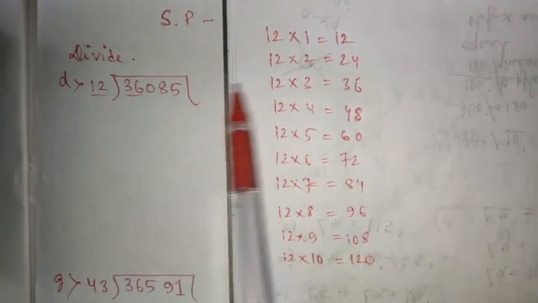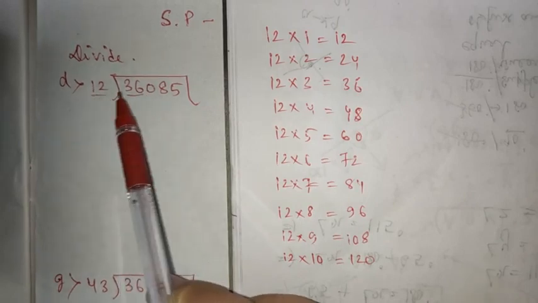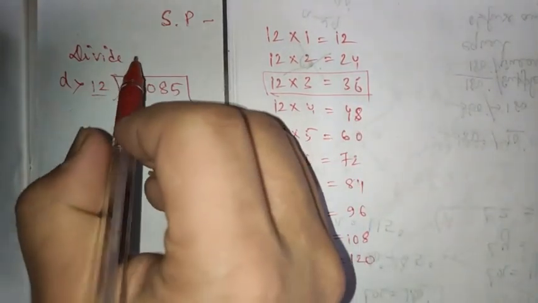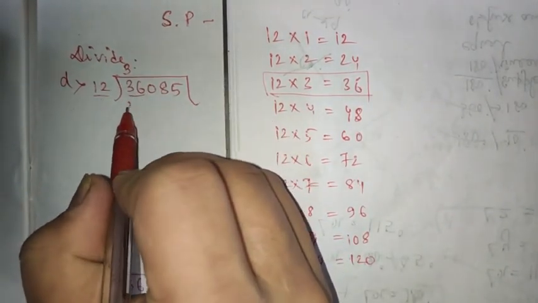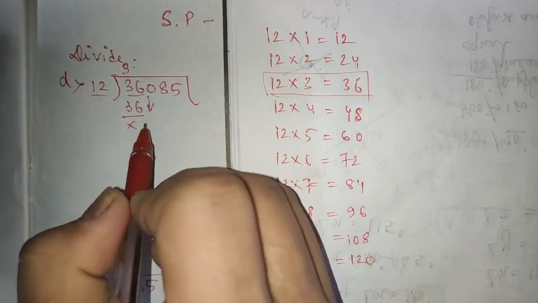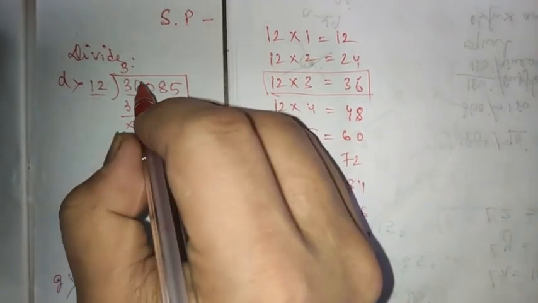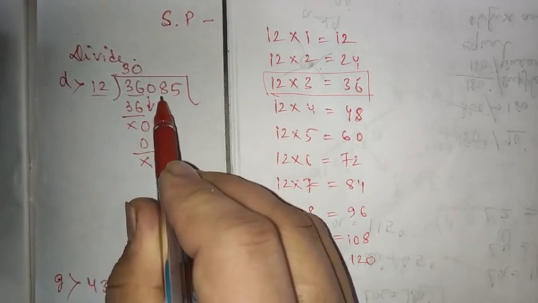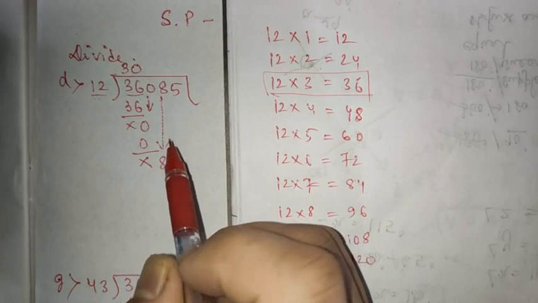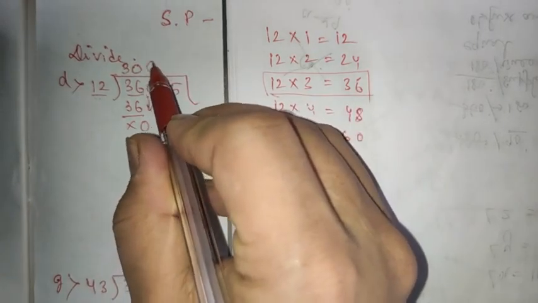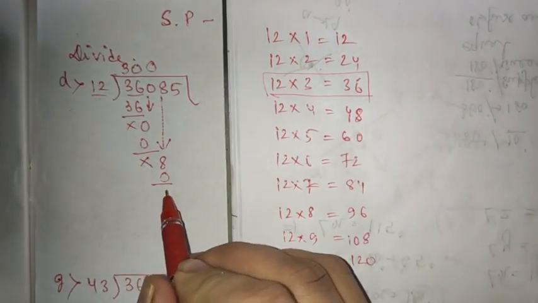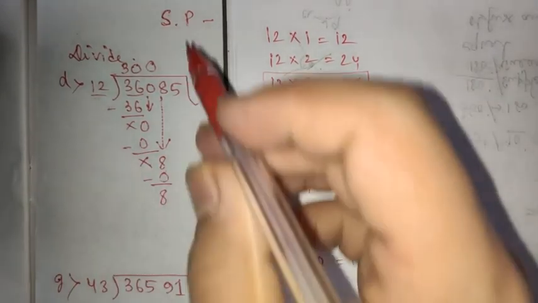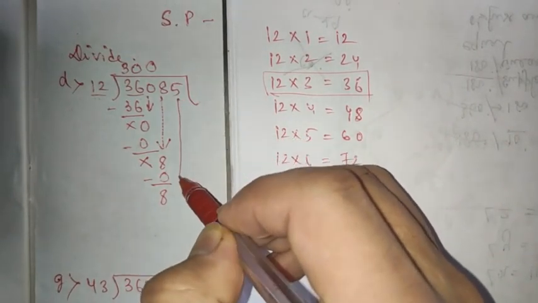Now looking at this, you need to check whether you are going to get this 36 in this table or not. So 12 threes are 36, I can see here clearly. So you can write 12 threes are 36. What will come down? 0. So 12 can also divide 0, that is 12 zeros are 0, right? Now 0 minus 0 is 0, of course. Now what will move down? 8. 12 cannot divide 8, so we need to take the help of 0. So 12 zeros are 0, and 8 minus 0 is 8. Everywhere the minus is important.